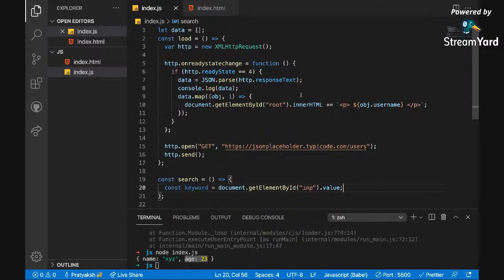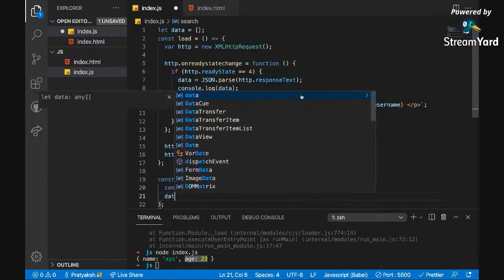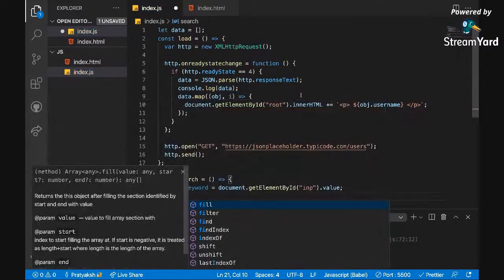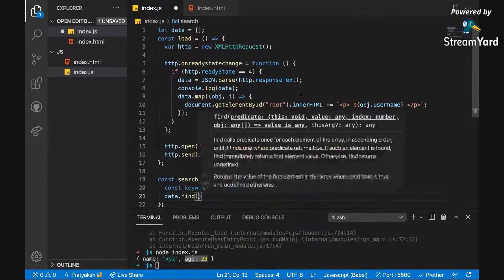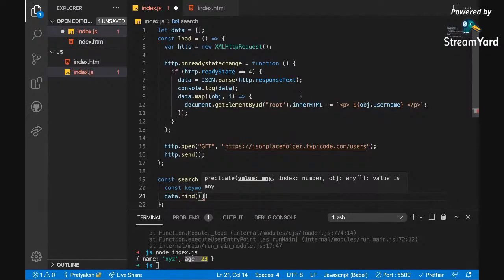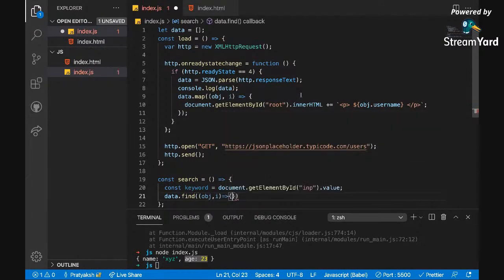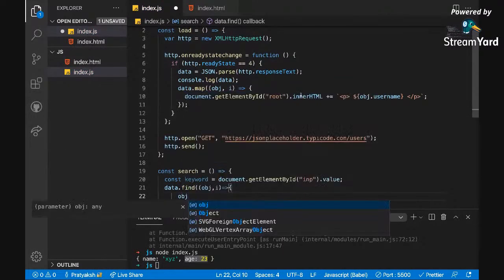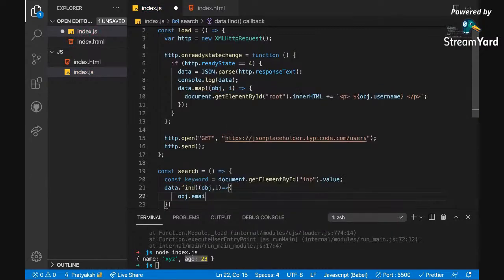So now I'll say data dot find, and again it will give me a value and an index. I'll take the object and I'll take i, and I'll say whosoever object's email is equal to our keyword is true, return that, and we'll take that data over here.